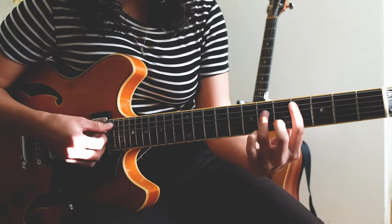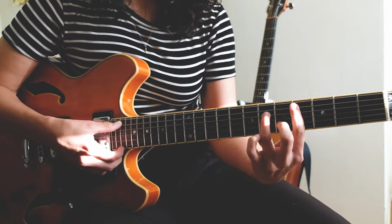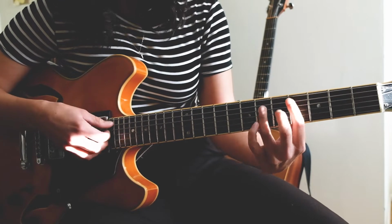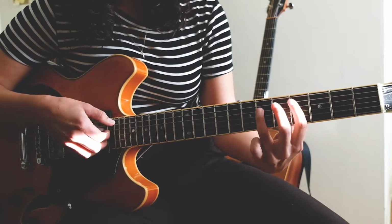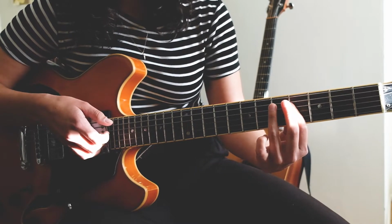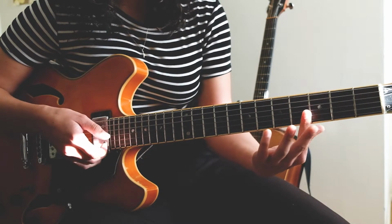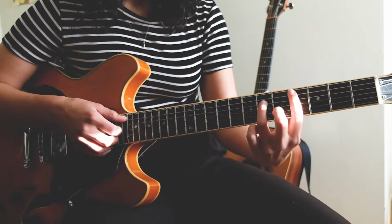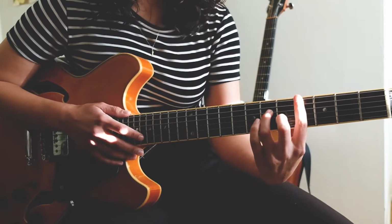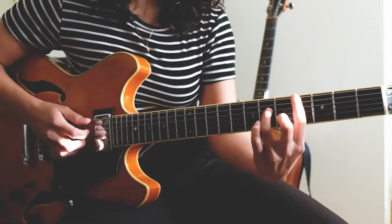And then here, once we get to the end of that lick, the 4th fret of the A string, we're going to do a C minor 7 chord. So that is the 4th fret of the A string, 6th fret of the D string, again the 4th fret of the G string, 5th fret of the B string, and then barred 4th fret of the high E string. And again, Napalm usually bars all the strings, and so in this case it is a C sharp minor 7 over G sharp. So we include that bass note there,